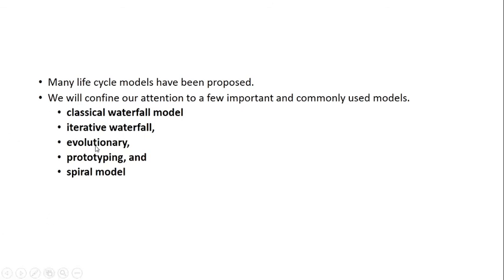Evolutionary is where the system evolves. We develop the system in increments or in iterations. Like if you're supposed to develop 10 modules, say let's talk about graduate admissions. So we require the entire set of software for graduate admissions, the operation of complete courses and everything. But what will be the evolutionary means increments? Say initially we need a counseling registration software.